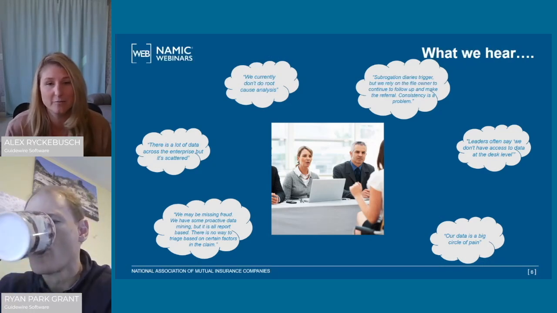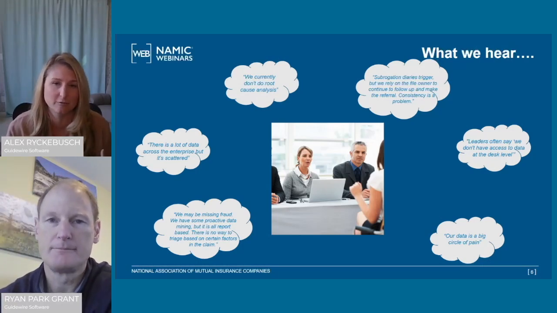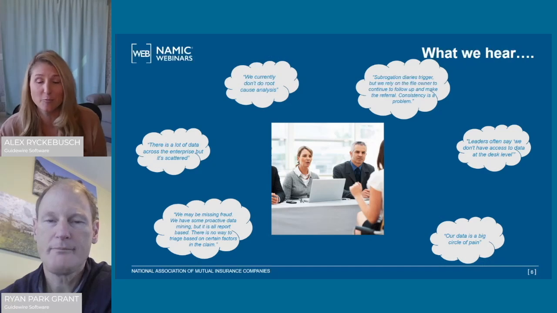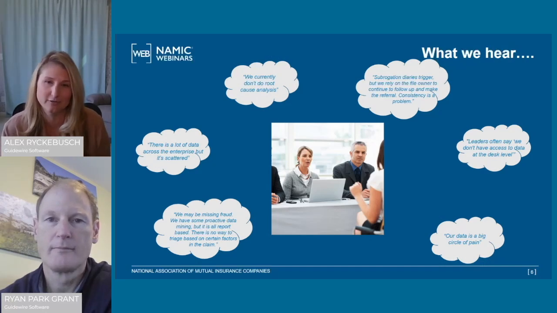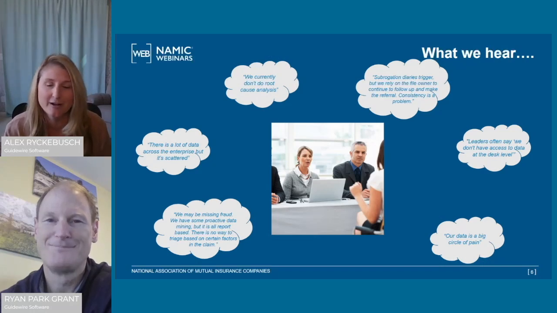We hear claims supervisors that are regularly concerned that they're missing out on opportunities, whether it be subrogation identification or the ability to investigate a fraud and identify the right claims and get them to the subject matter experts. We hear feedback that reports are being received, but they're not actionable in real time. There's been some use case scenarios where they're getting a great report. They can see how they can make it actionable, but review of the data outputs is something that unfortunately ends up getting backburnered until someone with capacity can go in and review it.